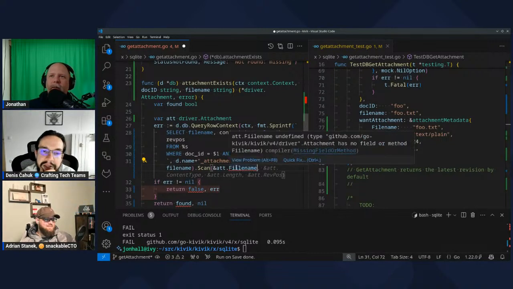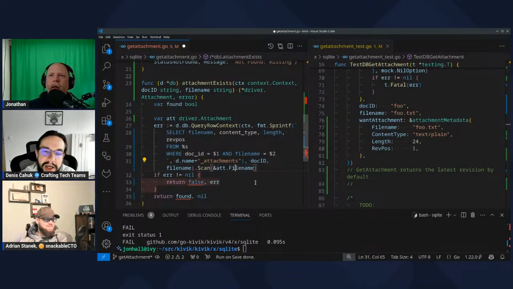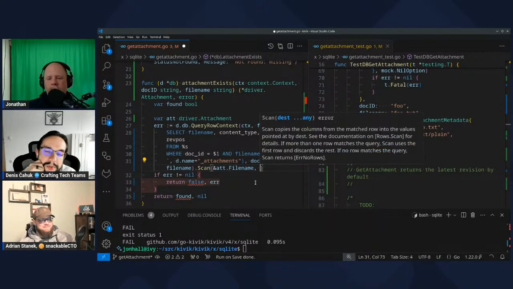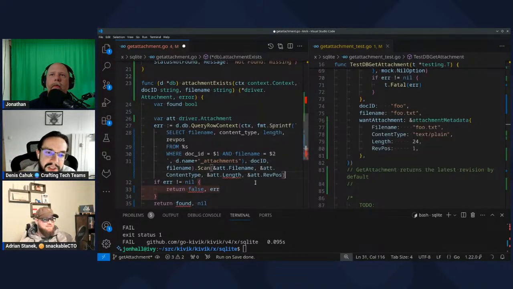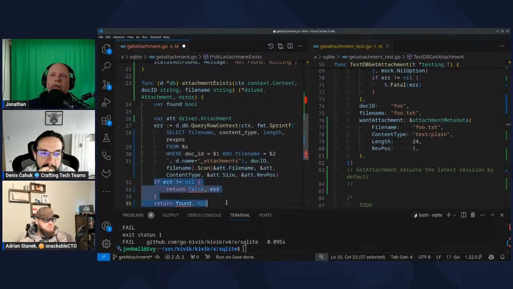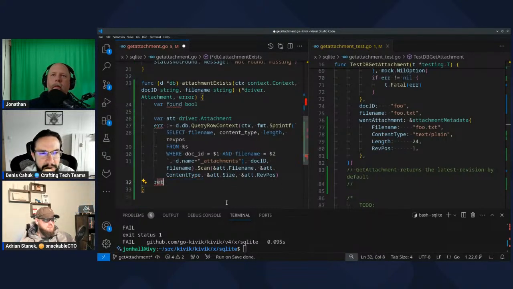So scan is the helper that allows you to put the return values into an object's properties. So you're remapping the memory space of the object being returned. What does it return? A slice, or an object, an interface, a struct?